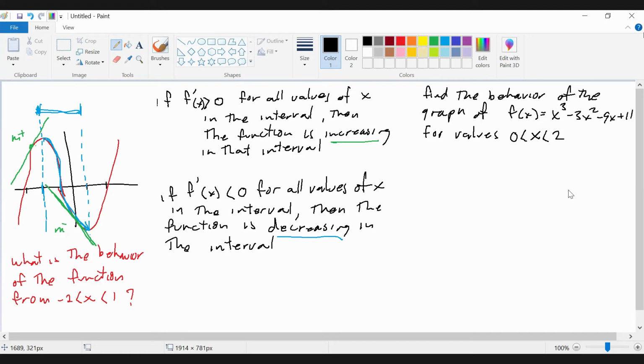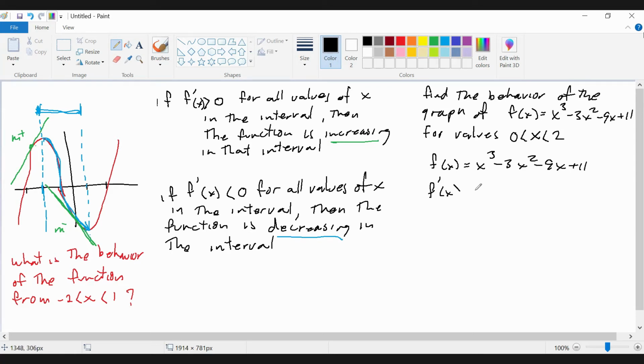Okay, so it's just behavior. Is it increasing or is it decreasing or is there no change? Okay, so let's start. No need to graph. All we need to do is to test using your first derivative test. If we have here f of x is equal to x cubed minus 3x squared minus 9x plus 11,